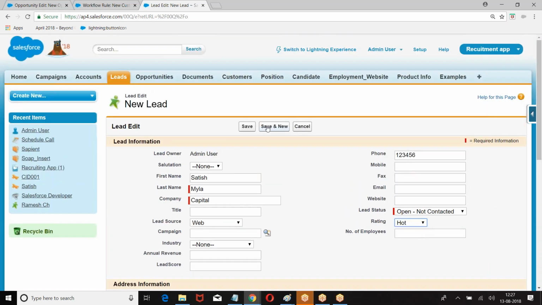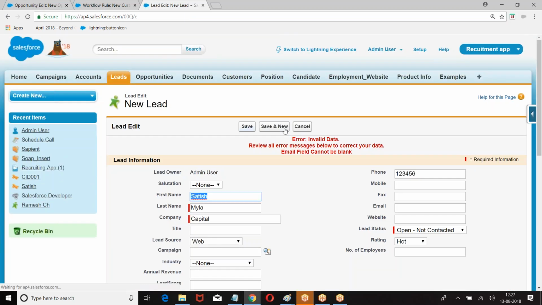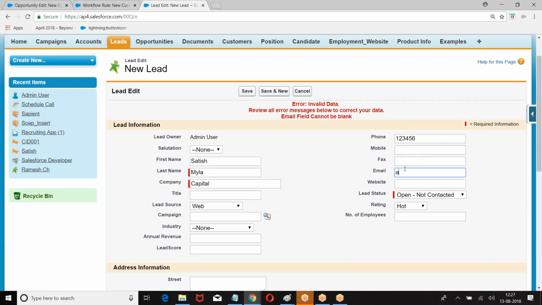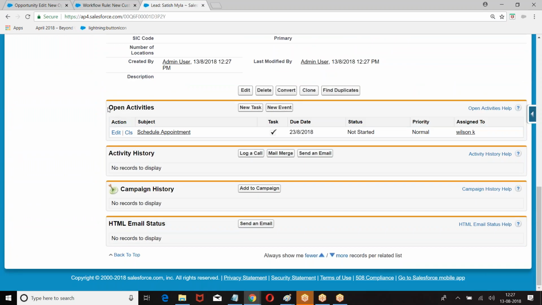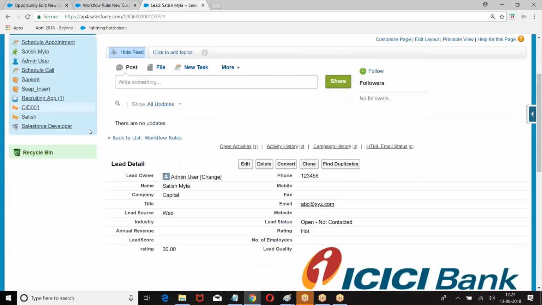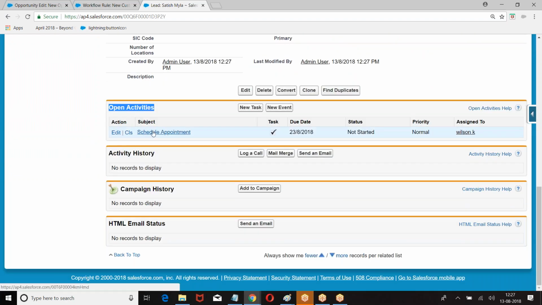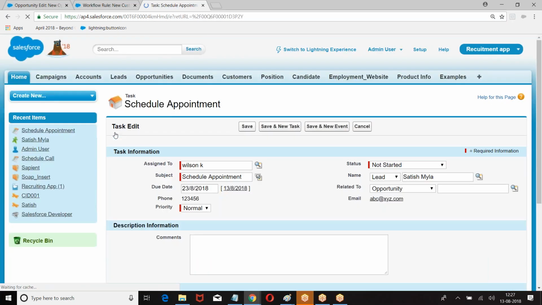Let's see. Email cannot be blank. Okay, we see. Save it. When you save the record, open activities, schedule an appointment. Task is assigned to. I hope you are good with this.